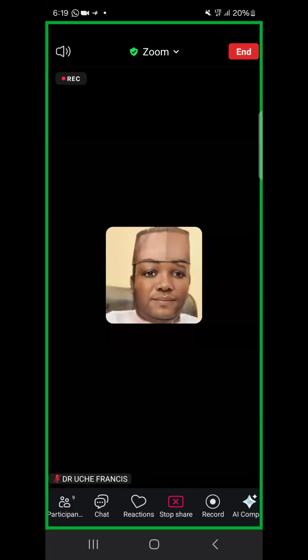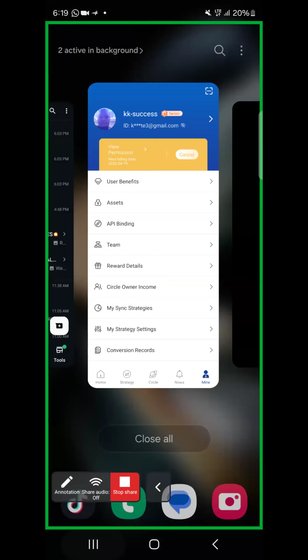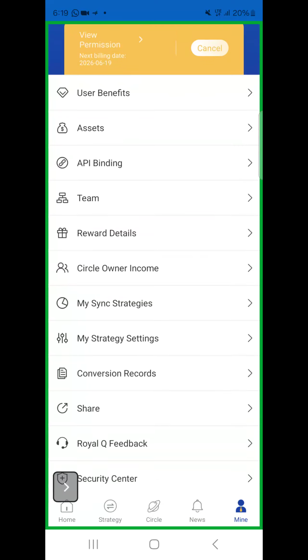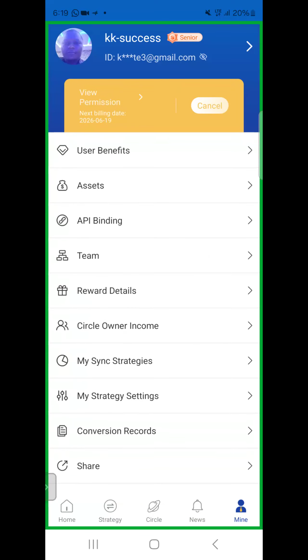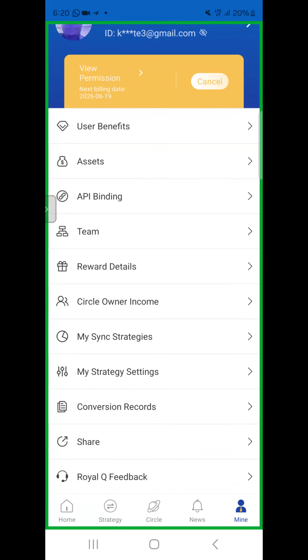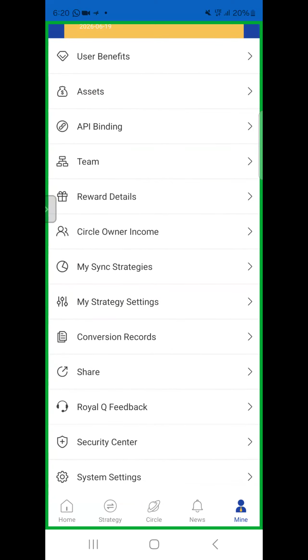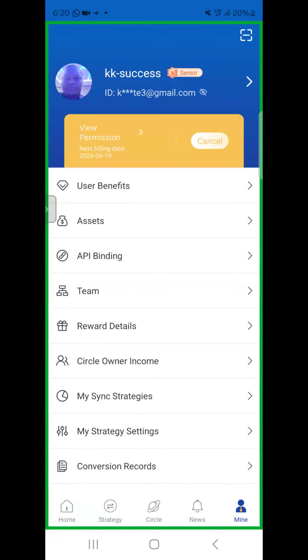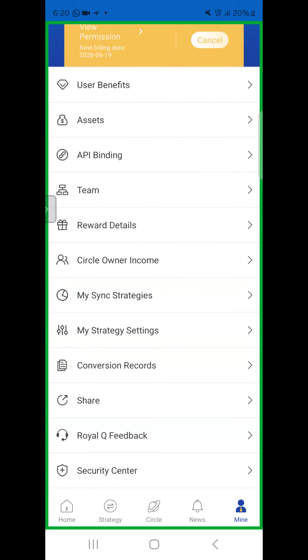Let's go straight to the business of the day. So as you can see, I want to go on where we can have saved settings. Many of us don't know that you can have a setting that will be saved on your phone, so that whenever you want to pick a trade, you don't have to be doing settings every time. You can simply just go and